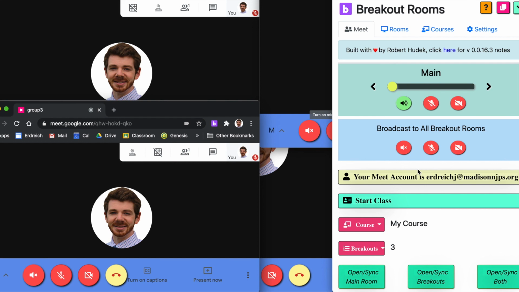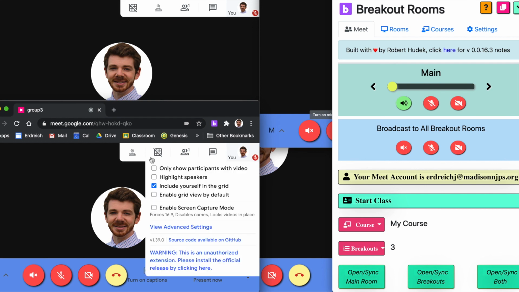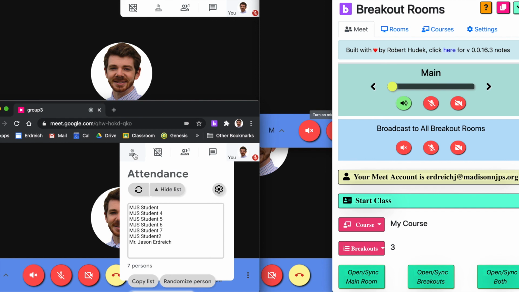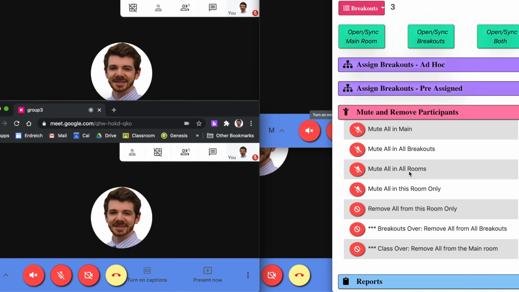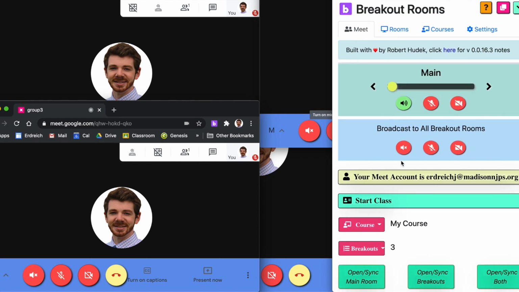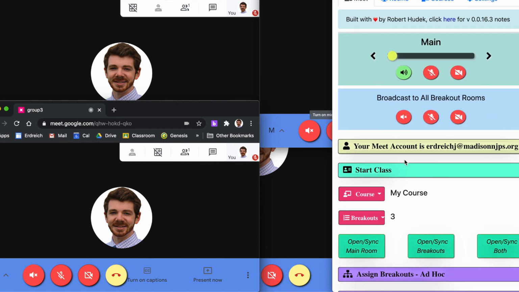If you just want to make quick groups, quick rooms, the native Google grouping function is a lot quicker to use with no extra setup or extra extensions needed, so that's the one that I go to. If I want to control all of my students, especially if they're younger, K-5 or middle school students easily, then this extension is probably worth putting the time in, and again, I recommend you check out the video that I've